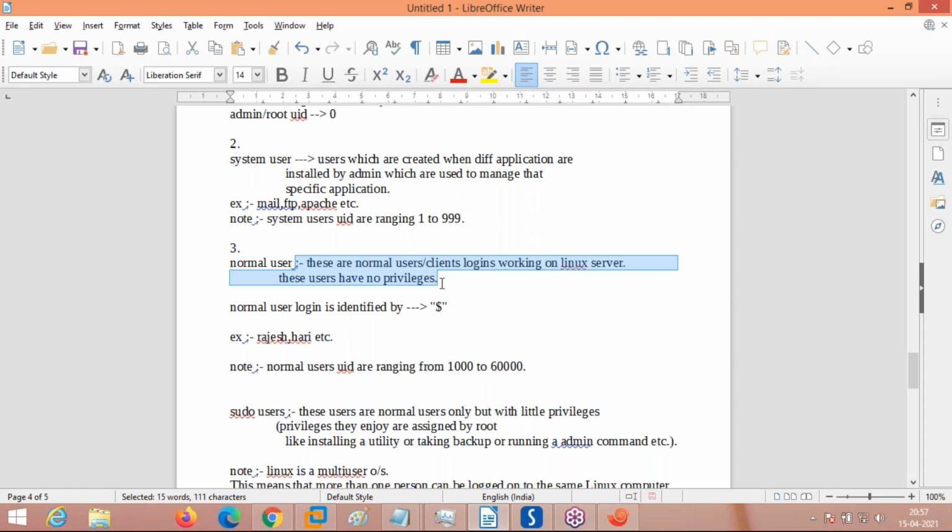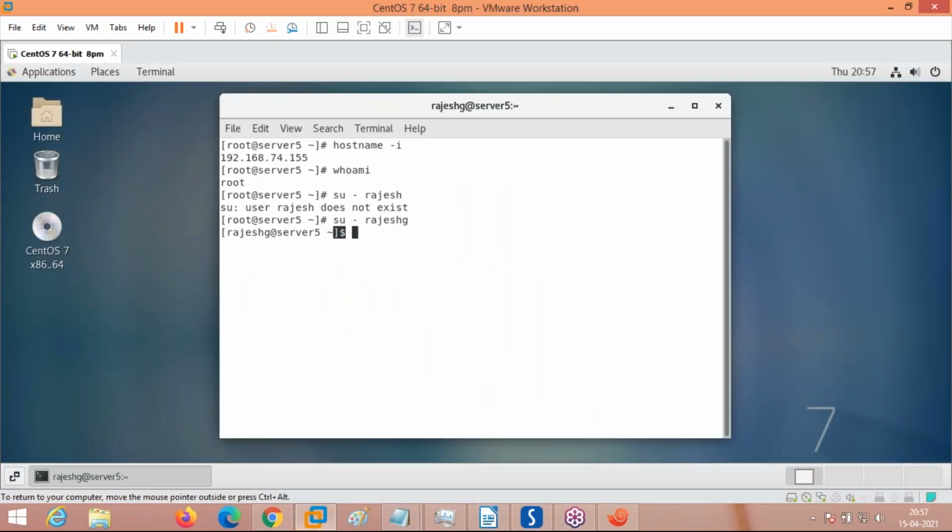Normal user accounts are created by the admin or root user, and normal user logins are identified by the dollar symbol in their command prompt. If you see a hash symbol in the command prompt like this, then it is the admin user.